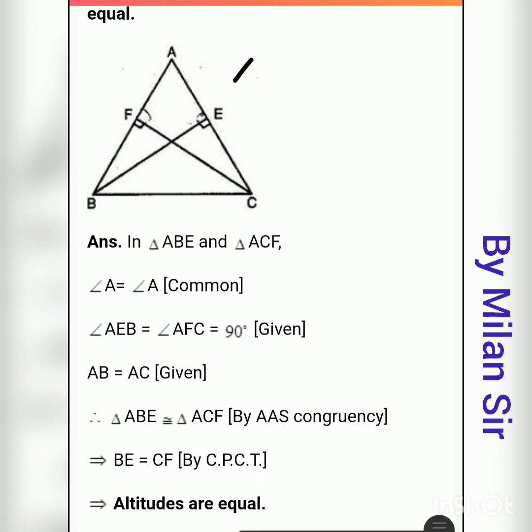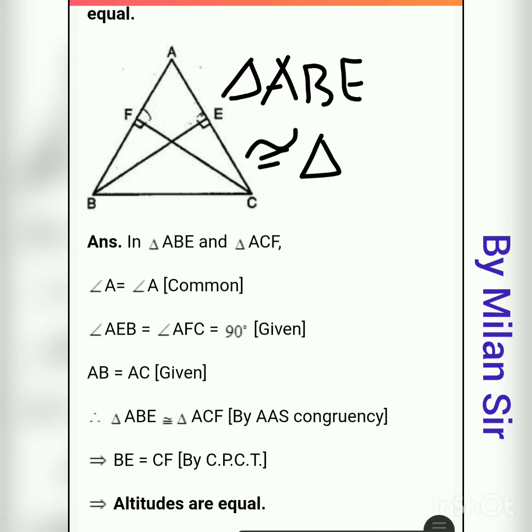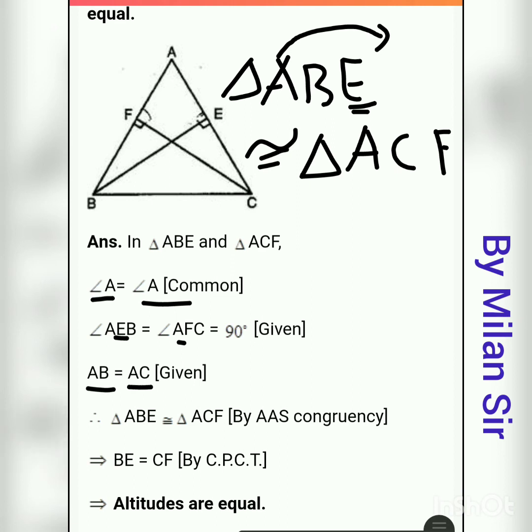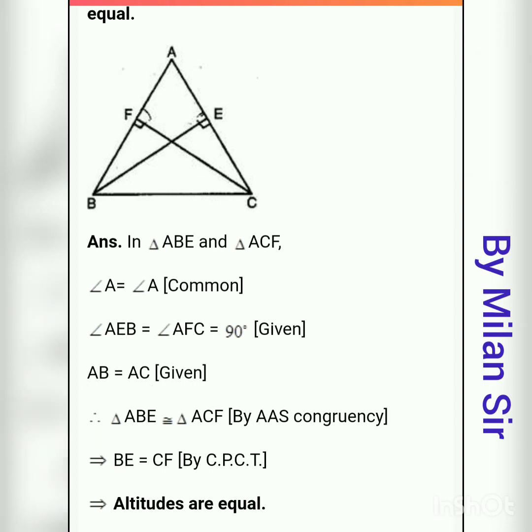Okay, how can we set up this triangle ABE? Here it is written ABE. The first triangle we can write in any way, congruent to. Now the second triangle we need to adjust here. Just see, angle A is equal to A, so in the first position A. Now E and F are both the same, E in third position, so here F in third position. And the remaining is C, so we need to write that here. Check this: AB is equal to AC, first, second, done. So triangle ABE is congruent to ACF.